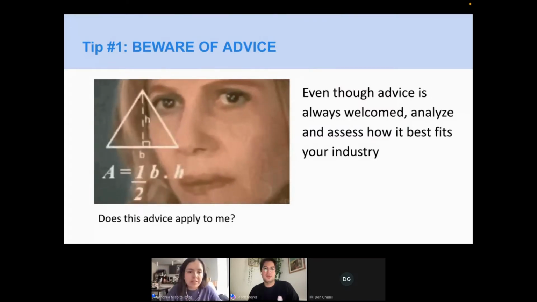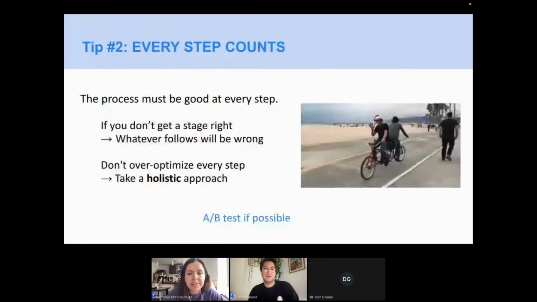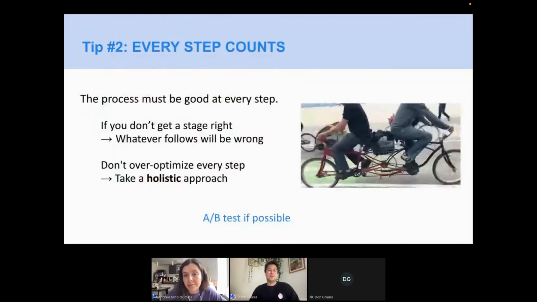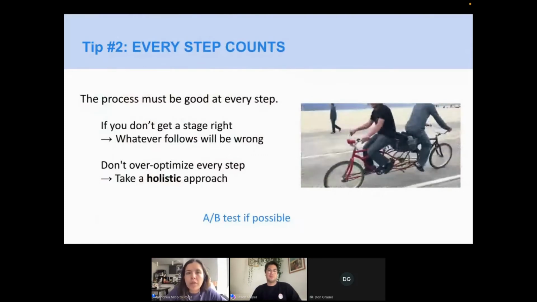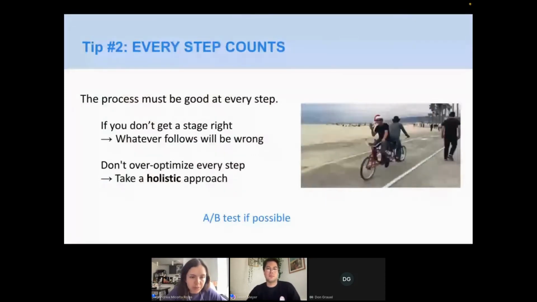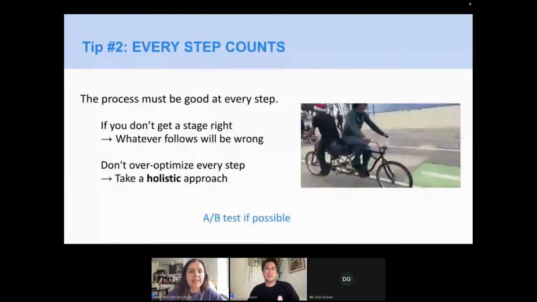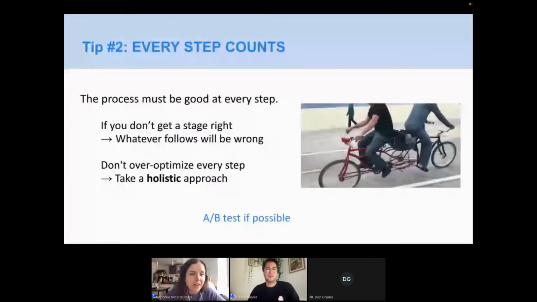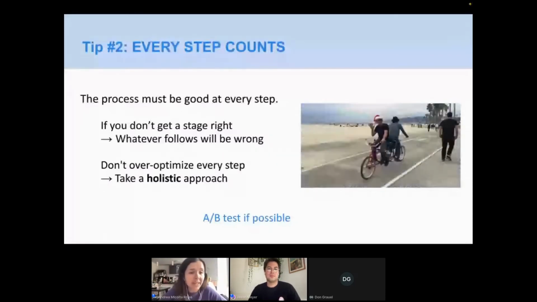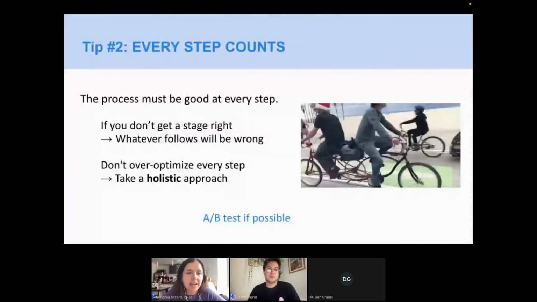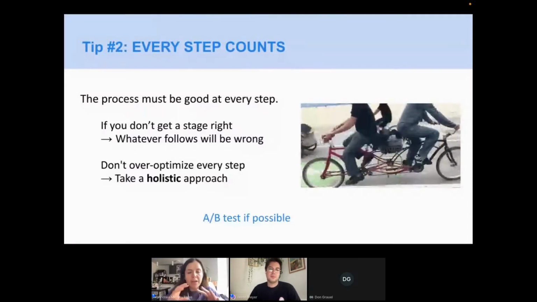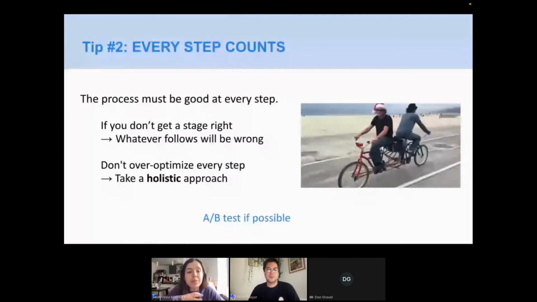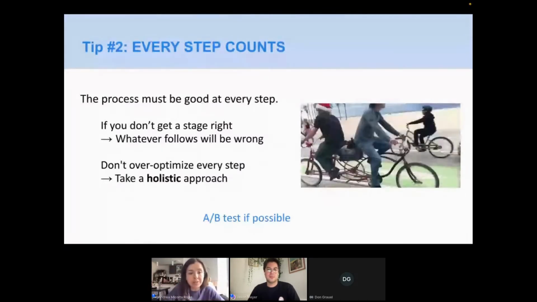So if you want to share the next slide, we can continue talking a little bit further about this. As I mentioned before, every step counts. Many people, when they're managing a sales process, often believe that just by having the lead, you should be able to have an identified sales opportunity. That's often not the case. If you haven't taken the time to review the way that you drive your customer through your sales process, you might be losing people throughout your sales process itself.